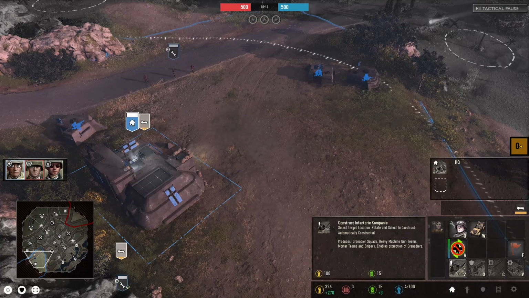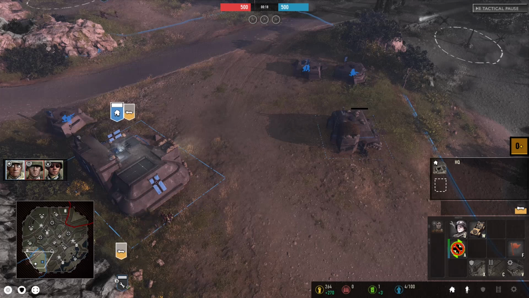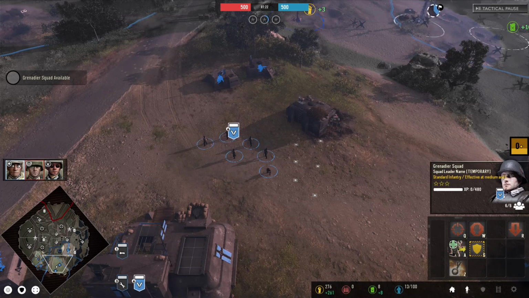The first tech building we're going to take a look at is Infantry Company. It costs 100 manpower and 15 fuel and serves as your basic building. You are practically required to build this, as it is going to provide your mainline source of infantry alongside several support teams. The first unit we're going to see out of the building is the Grenadier Squad, your